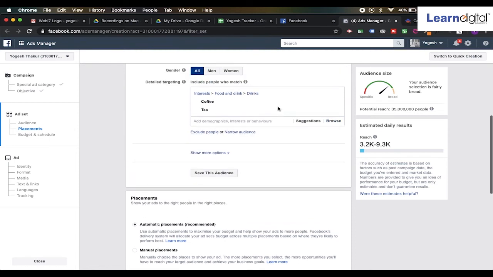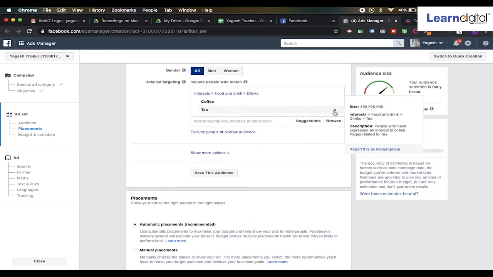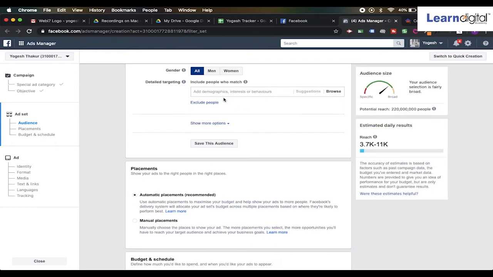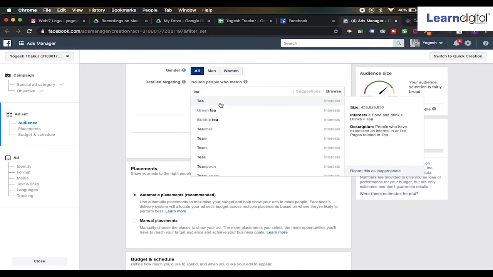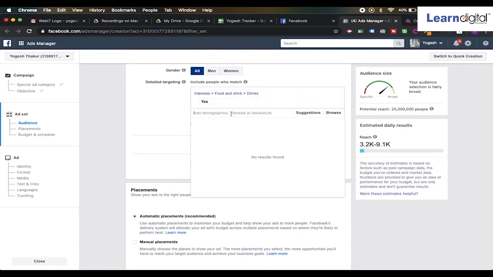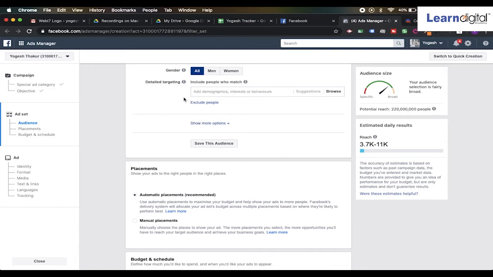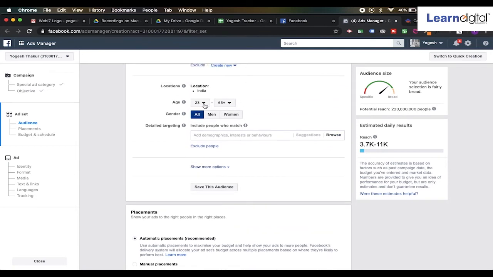So let us just target interests. I'm going to cancel tea and coffee. Sorry, I shouldn't have done that. Let's put this back. I'll put tea. Then what else is actually related to tea? Who are these people who actually drink tea? If you have observed, we realized this before, we have seen it in audience insights. What is the population of Indians on Facebook? We had 29 crore people in total.